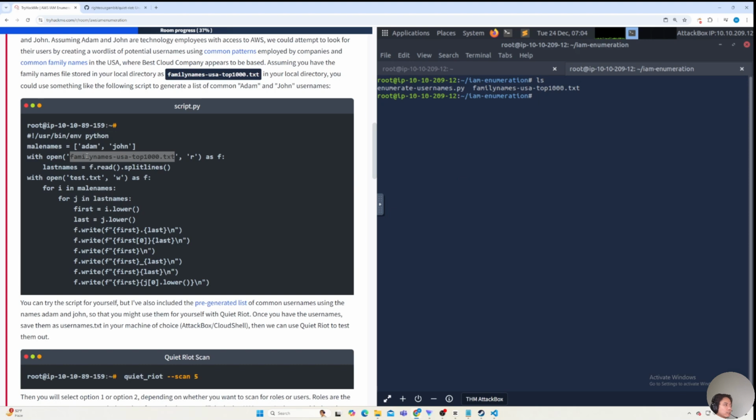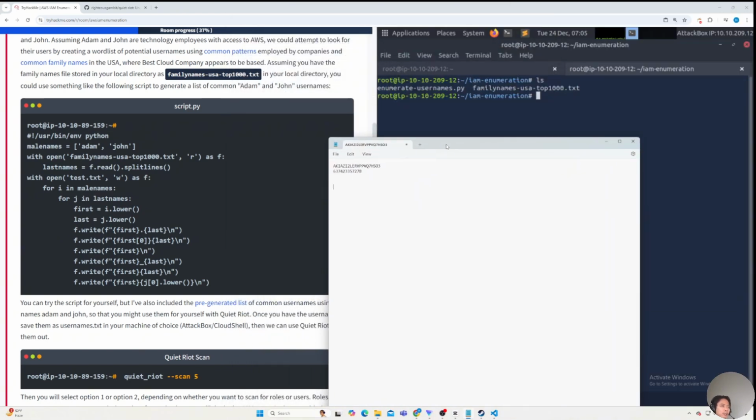So basically what the script does is use these two first names, Adam and John, and go through the list of the top common last names and append them with different formats. So depending on the organization or company you work for, the username for your email is a little bit different. For example, if your first name is Adam and your last name is Smith, you can have different combinations of first name and last name as your company's email. It can be